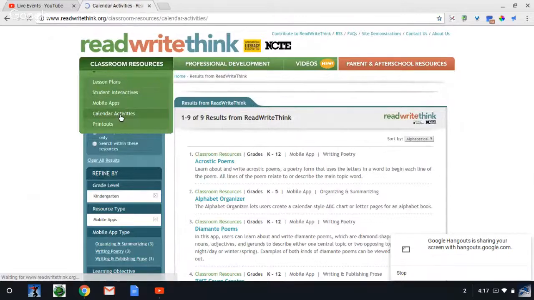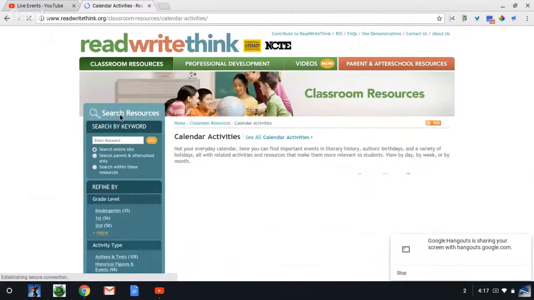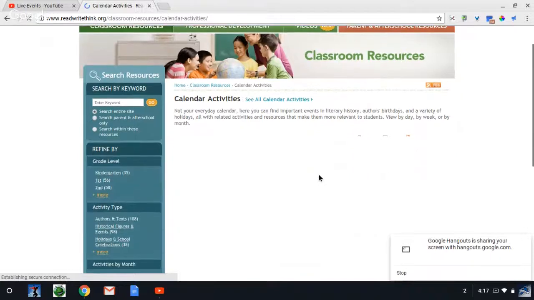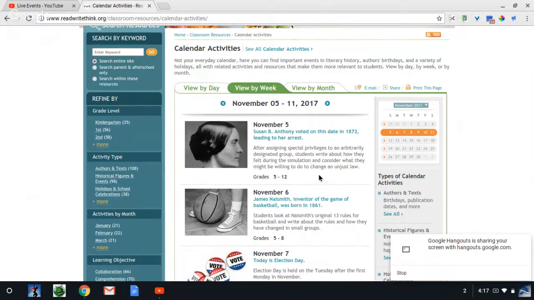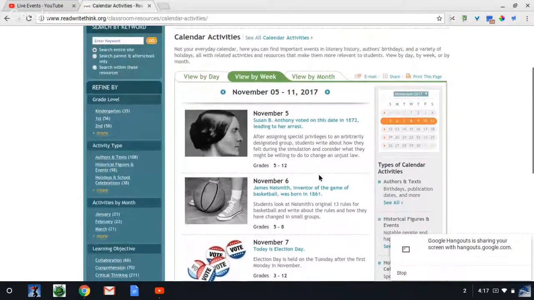The next thing is the calendar activities. So the calendar activities gives you different things that happen during the school year, where there might be like a focus, like it might be an author focus for that month, or different groups that they focus on for the month. So this will give you more ideas to use, especially for your social studies units where you're learning about different people in history. So there are Susan B. Anthony,